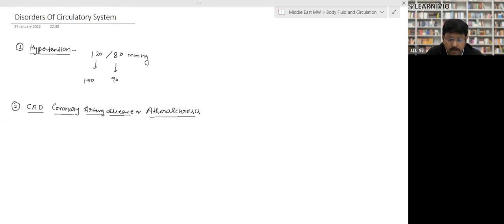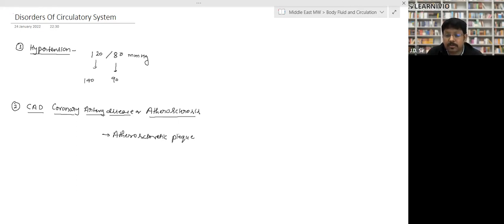This deposition is called atherosclerotic plaque. Atherosclerotic plaque. Full stop. It deforms the arterial wall. Full stop. In extreme cases,